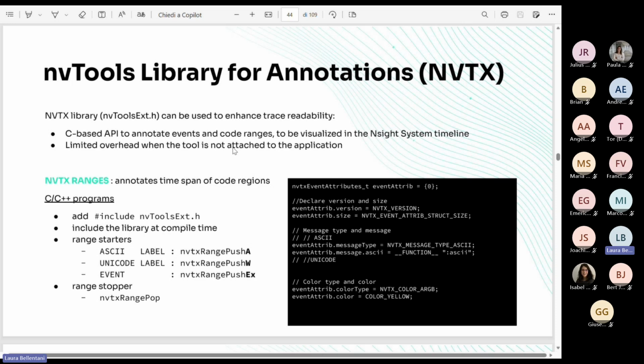Okay, they typically add limited overhead. And if you are working on a C++ program, the APIs are nvtxRangePushA, nvtxRangePushW, or nvtxRangePushEx, depending on the argument of the API. A and W are used if you want to provide to such ranges just a label, just a name, without any difference in the coloring. nvtxRangePushEx